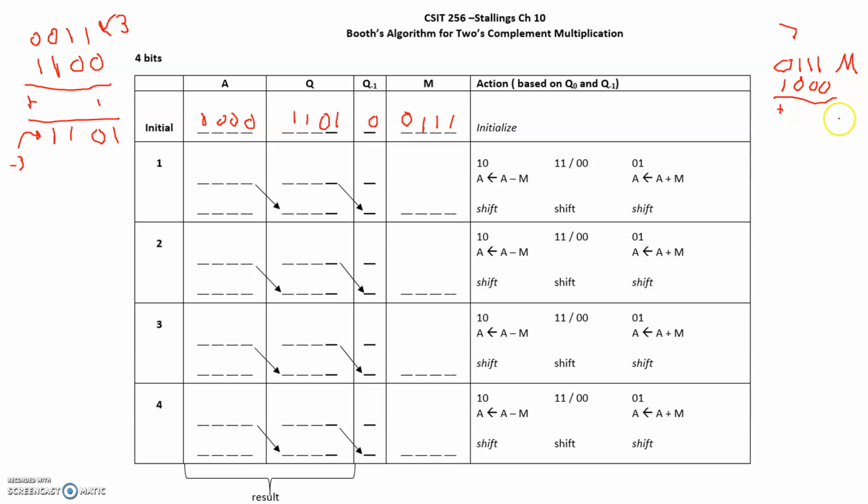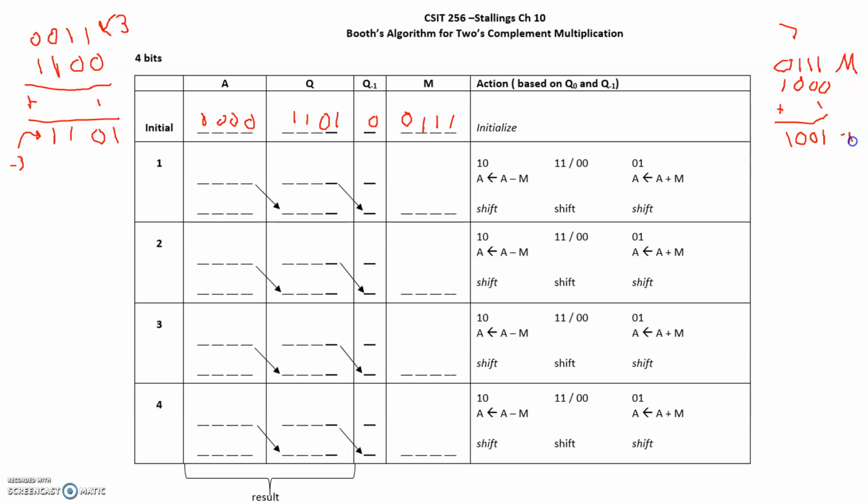Whoops. Notation-wise, I shouldn't have put that. I'm going to publish this draft. So 1, 0, 0, 1